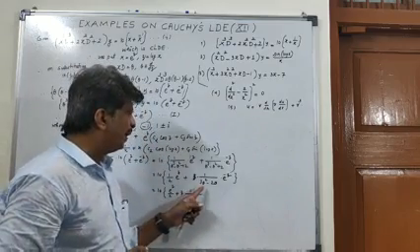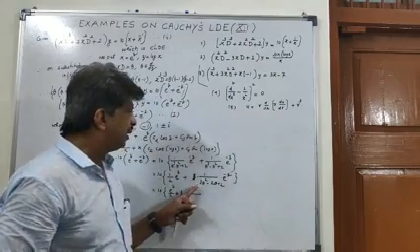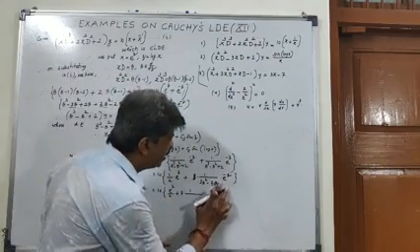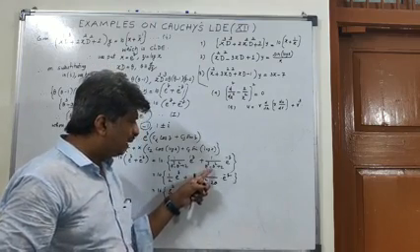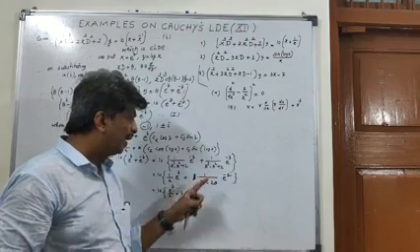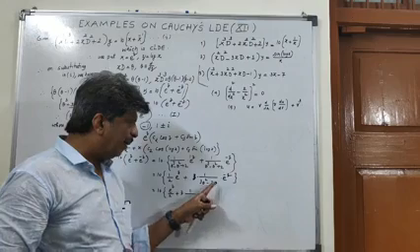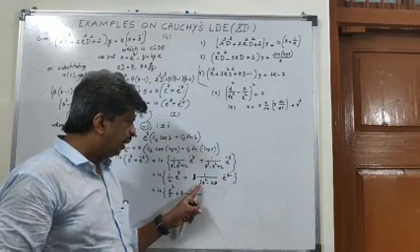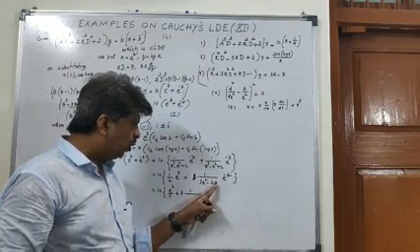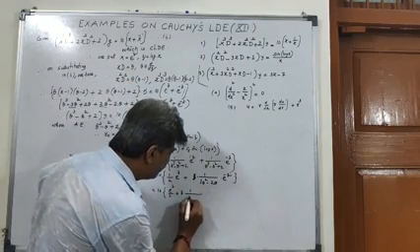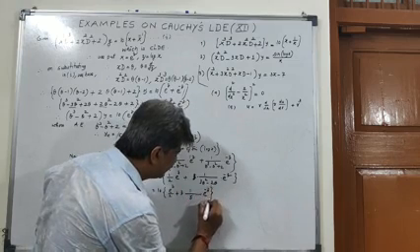That is further equal to 10 times e raised to power z by 2 plus z into... Now, I would be replacing theta here. I forgot this, 3 theta square. Now, it is to be differentiated. So, the derivative of theta cube minus theta square plus 2 is 3 theta square minus 2 theta. Now, I would be replacing theta by minus 1. So, 3 into minus 1 square, 1, plus 2 into minus 1 plus 2, it is 5. 3 plus 2, it is 5, e raised to power minus z.